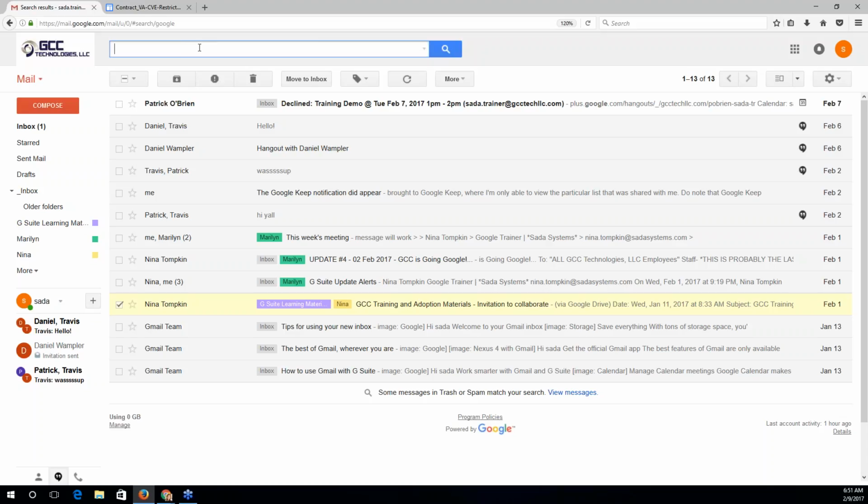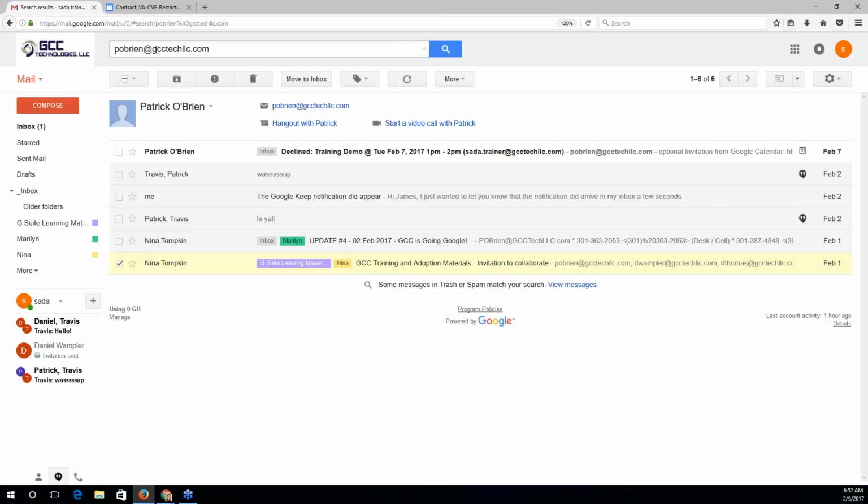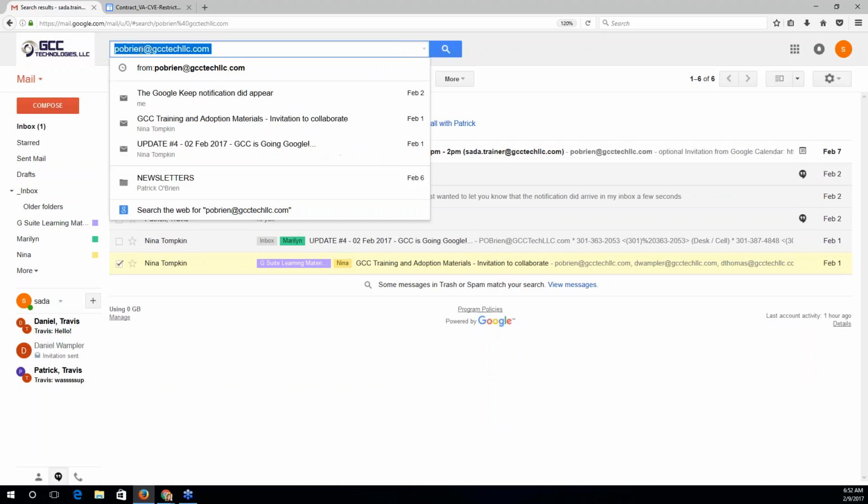So in addition to using keywords, you can also use different search queries to get very specific with what you want to search for. So this differs from sorting because, as you may remember in Outlook, if I wanted to find a message from Patrick, for example, I would first select the From column header and then select P for Patrick. But in this case, Google has some different options. Firstly, if searching for Patrick and searching for his email address, it gets me pretty close to that desired result, so know that you can search for email address.